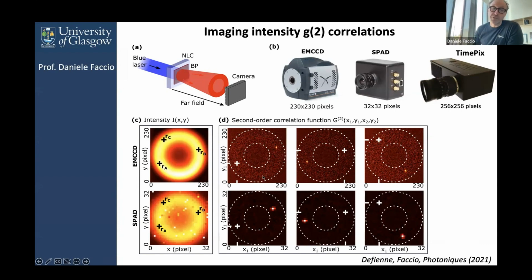So basically what you do is on the camera, you fix a point, for example, this white cross, and then you look within the same image for another photon that arrives at the same point. You do that over many, many thousands or even millions of frames, and you can build up a statistically relevant picture of the correlations between the white cross and all other pixels across